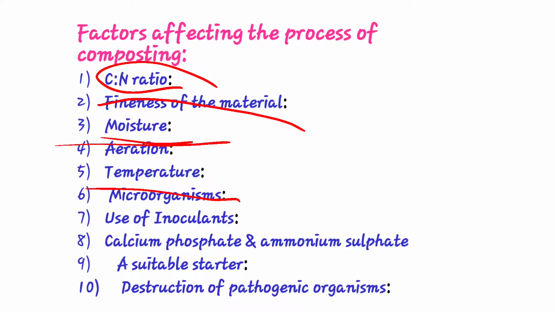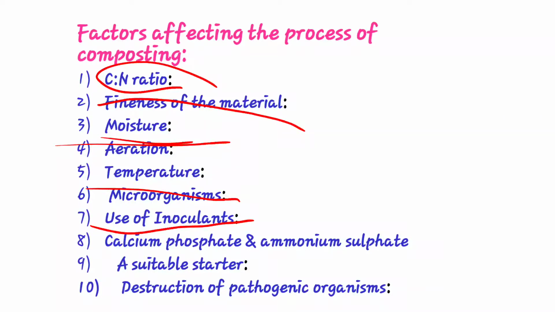Then see microorganisms. A higher population of beneficial microorganisms is necessary, mostly fungi, also bacteria and actinomycetes, for proper decomposition, and the kinds and amount of microbes decide the rate of decomposition. If the microbial population is higher, the decomposition rate is fast. Then inoculant: use of microbial inoculant, especially decomposing fungus, is recommended for rapid decomposition. This means which type of inoculant is used for the decomposition process.